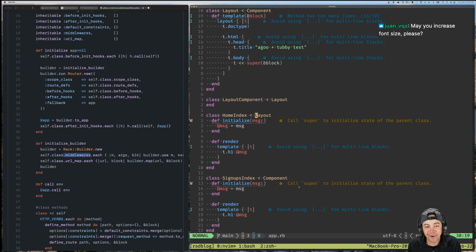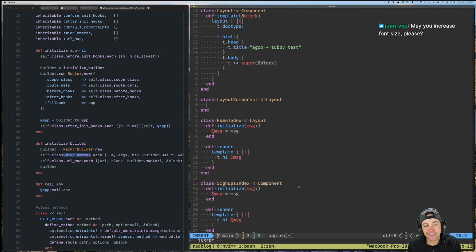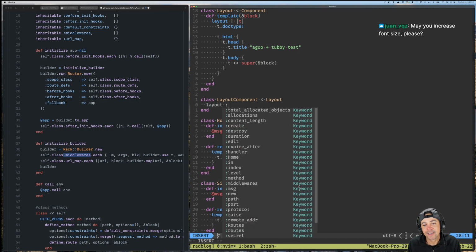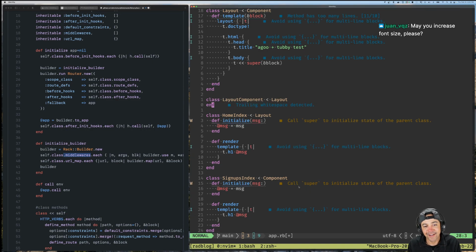I was like, what am I doing? In regular controllers, you say layout application or whatever, right? And I'm like, oh, it's kind of a hack actually, if you think about it. So instead you can just inherit from layout, as it's also a component. There's nothing special, you just override the template method.